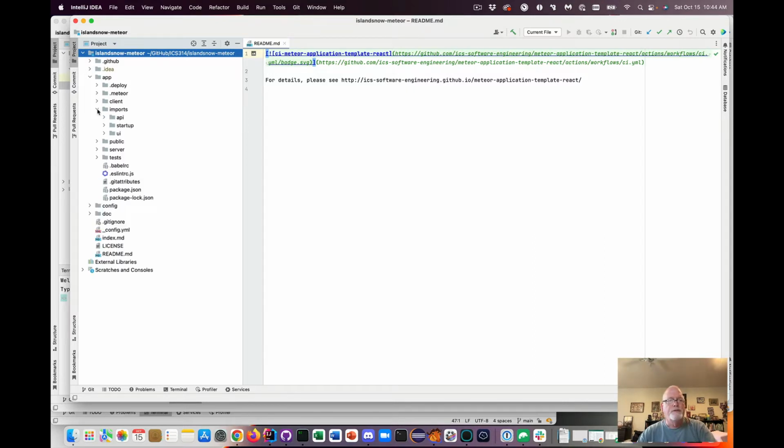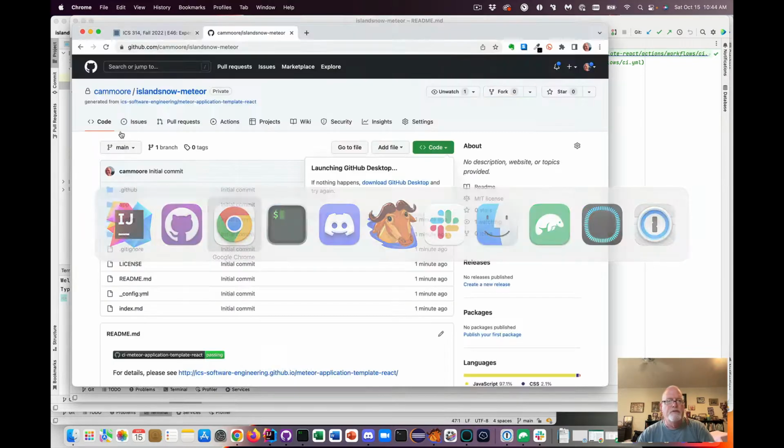In the imports, we have three directories. The API is for our collections and those kinds of things. Startup is the things that start up the application, either on the client or the server side or both. And the UI is where we have all our React code. So now that we have a brief overview of the thing,